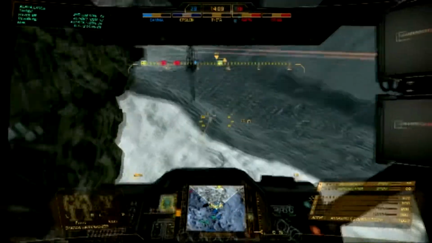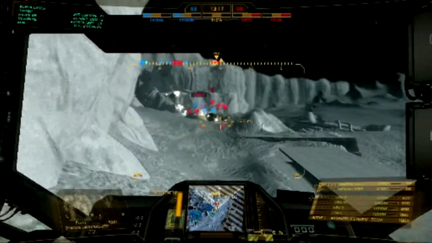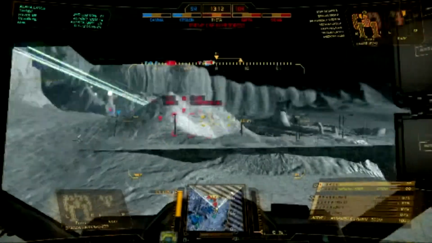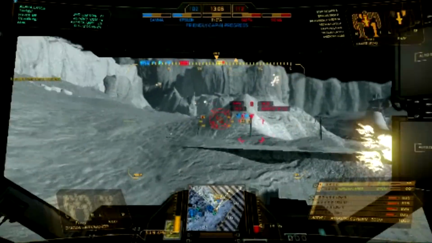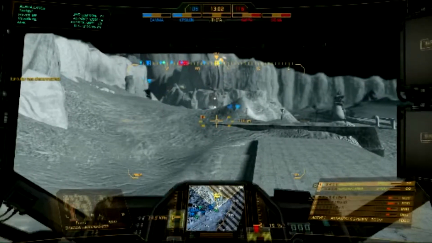I'll skip ahead a little just to save you the trouble of sitting here watching me cap the resource, because that's pretty boring. I actually forgot which mech I was running and got a little closer to the front than I meant to. I flanked on the side and realized, oh wait, I got missiles. So we'll start backing away and